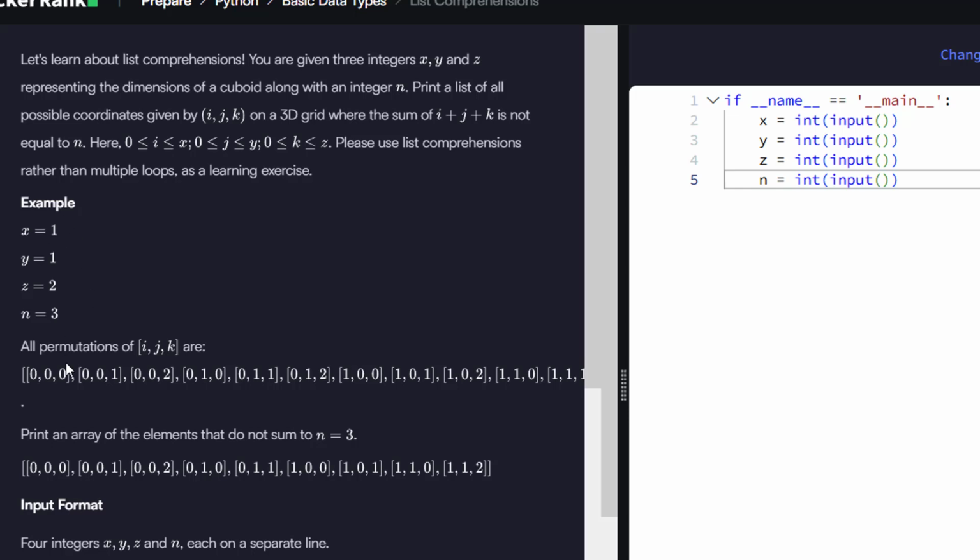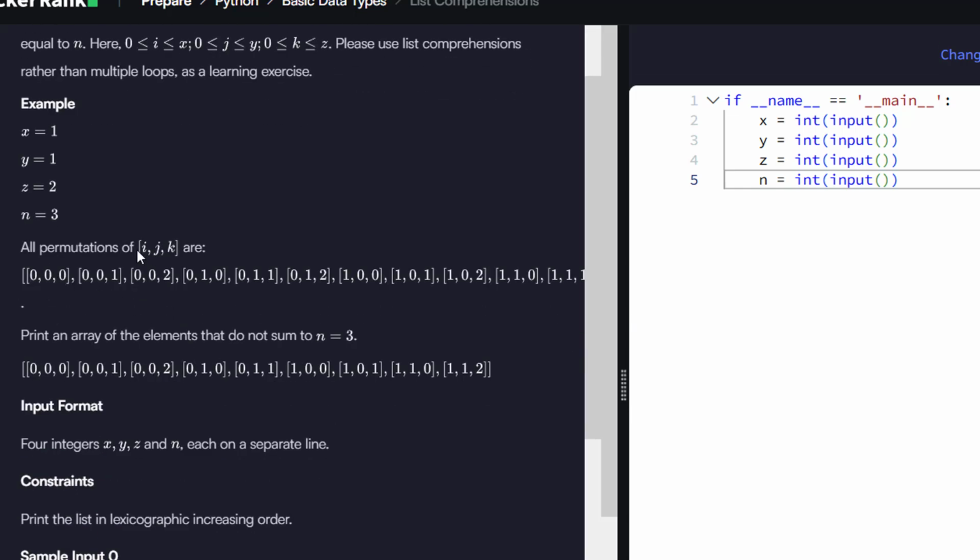So you need to make a combination of all of these coordinates, but there is an if condition, that is x plus y plus z should not be equal to 3. If you take a look here, it should be not equal to n. So i plus j plus k should not be equal to 3.